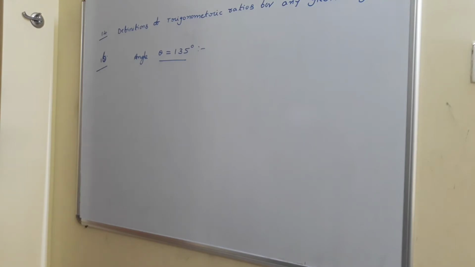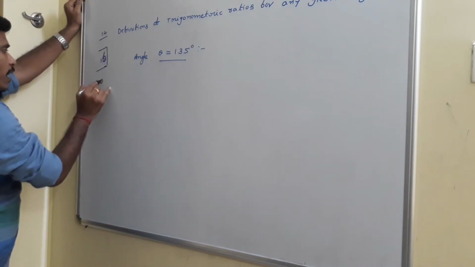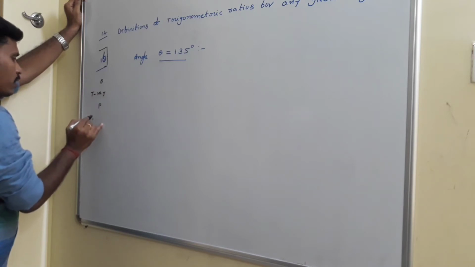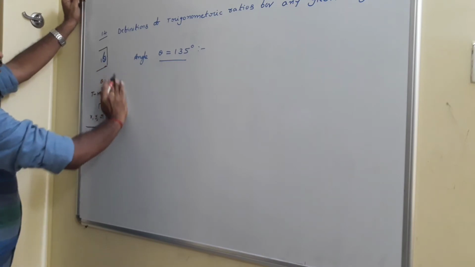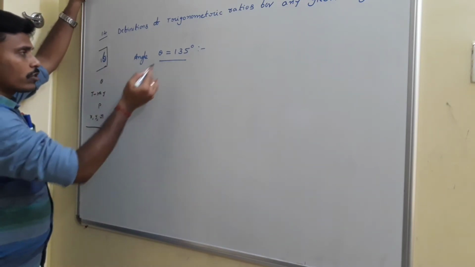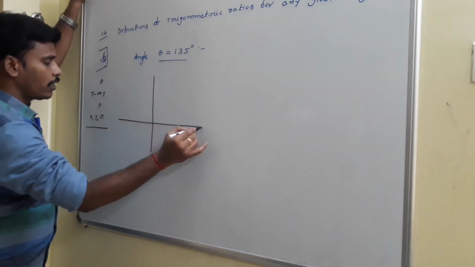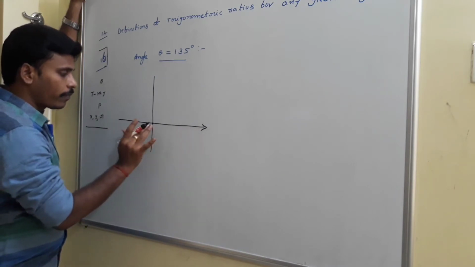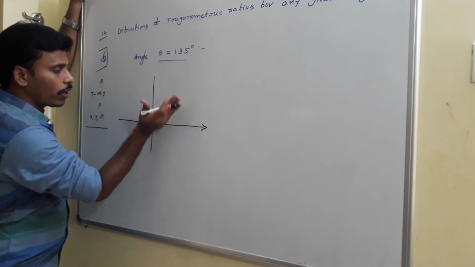Now, to calculate trigonometric values for an angle of 135 degrees, the procedure is the same every time. The first step is theta, next step is the terminal ray, next step is the point, next step is x, y and r, and then you need to write sin theta and cos theta and everything. So since theta is 135 degrees, first of all try to locate the terminal ray. To locate the terminal ray, this is 0 and you need to treat this as the initial ray, right? And if this is the initial ray, for an angle of 135 degrees, you need to rotate it like this.